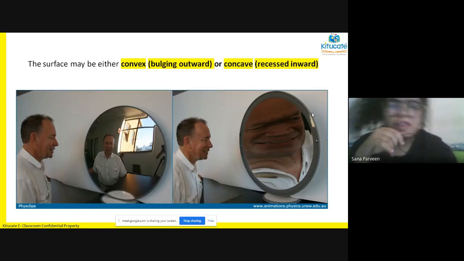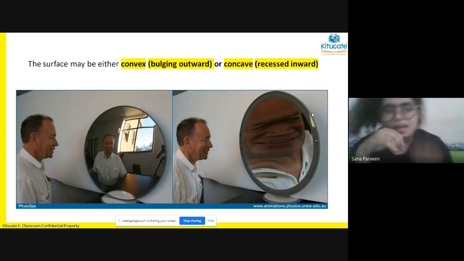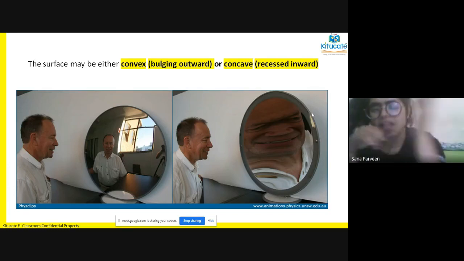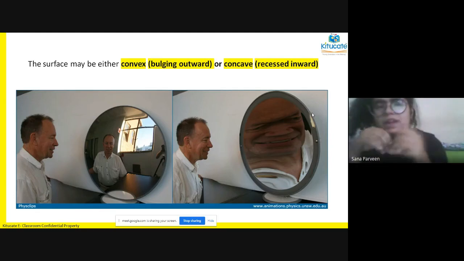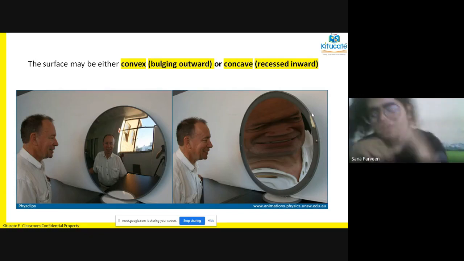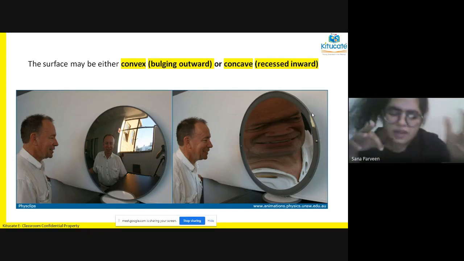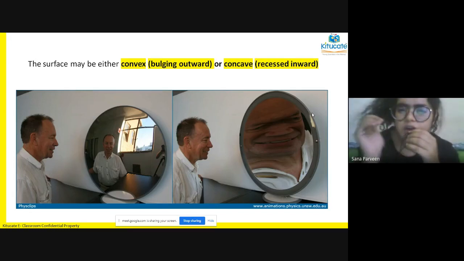Then he shifts to another type of mirror. He wants to see how he is looking. And when he moves there, he is looking so big, so big. The mirror in which you see yourself as if your height is increased and the length of your face is increased, that type of mirror is called a concave mirror.